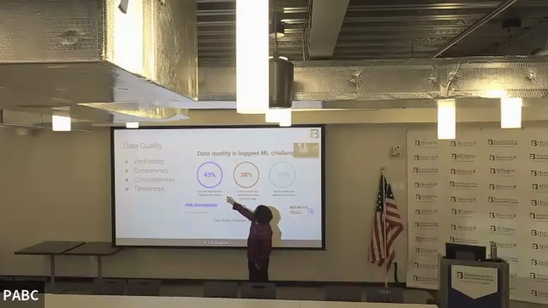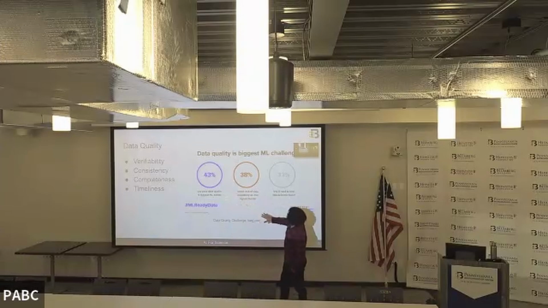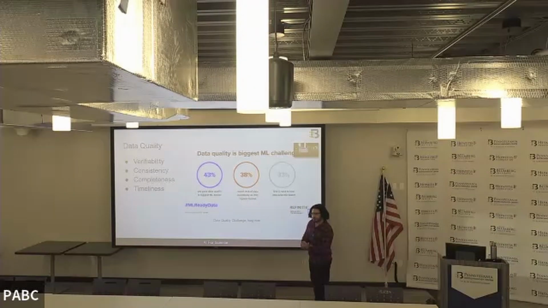So 43% of data scientists and machine learning engineers say poor data quality is the biggest machine learning barrier. That is, we have poor data quality. The quality of the data is not good enough. 38% report data availability as the second highest barrier. The data we want to train on is not available. So sometimes they go through things called data augmentation. So they make up data that can fit into the model because we don't have enough data. So we make data for the model to train.